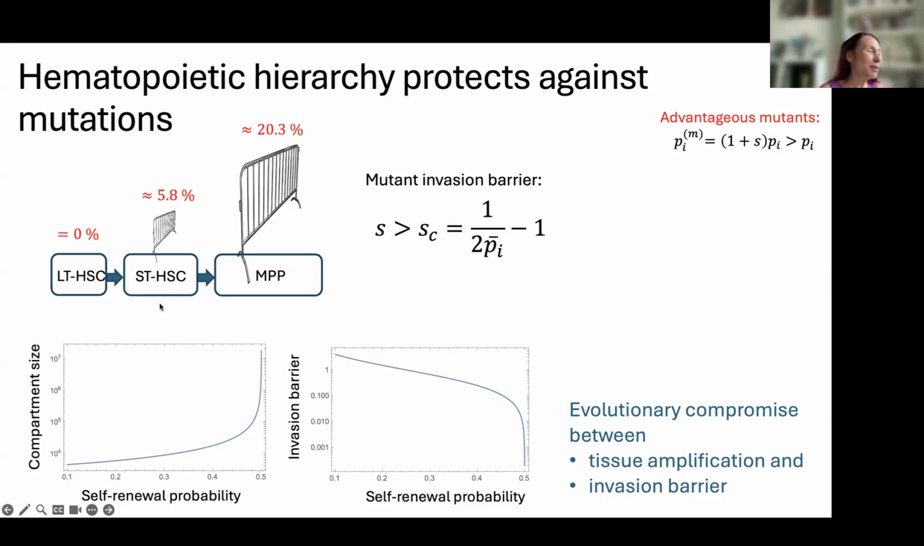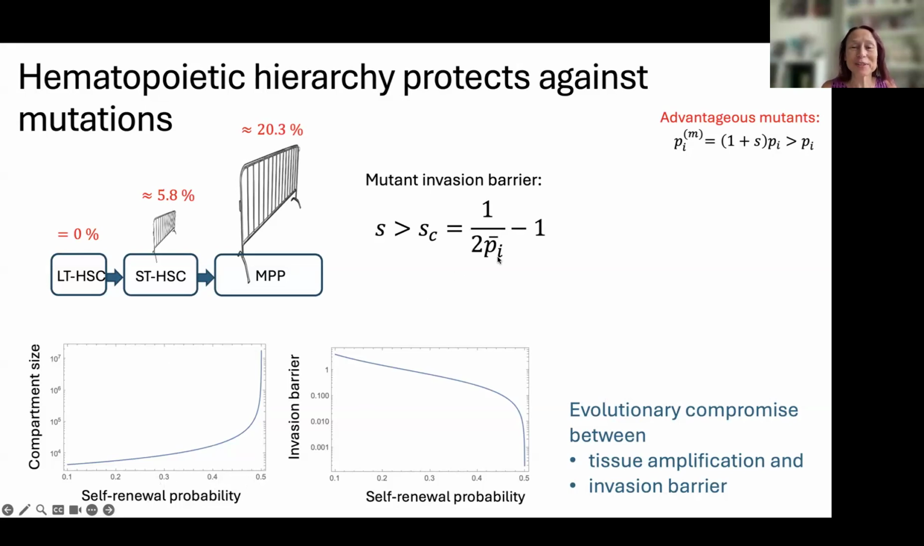And one of the reasons we even have this hierarchical structure is amplification. We only have a few stem cells. We want to have more of these and even more of these and even more. We have to create all of the blood, right? So amplification is an important task. So I kind of want to have self-renewal probability closer to here. On the other hand,